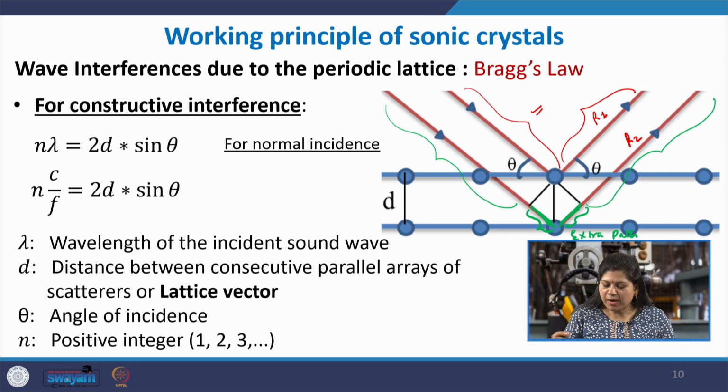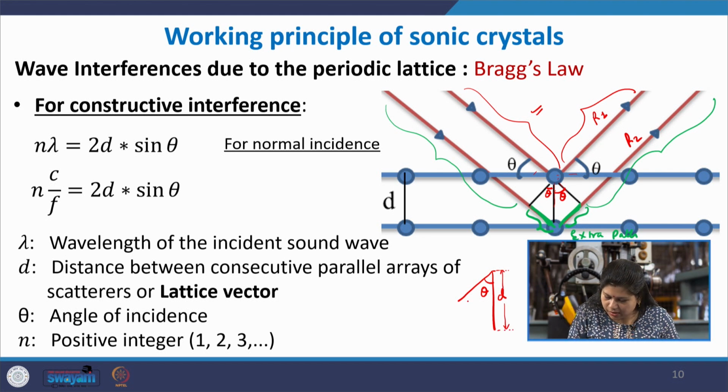So, what is this extra path? If you see here, this is your theta. So, let us derive what this extra path is. If this is theta, this angle also comes out to be theta, isn't it? It is the angle between these two lines, and this line is perpendicular to this and this line is perpendicular to this line. So, they have the same angle theta, and in the same way this should also be theta, because this line is perpendicular to this line and this one is perpendicular to this line, and the spacing between them is d, okay. So, in this triangle, this angle is theta, this part is d in length,